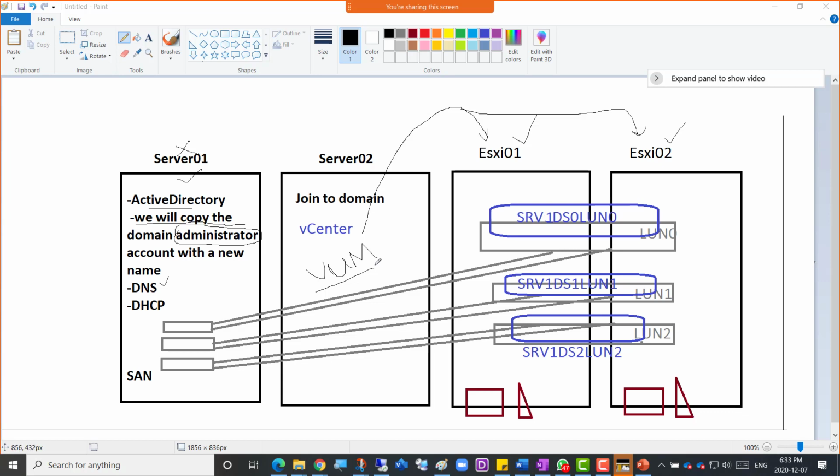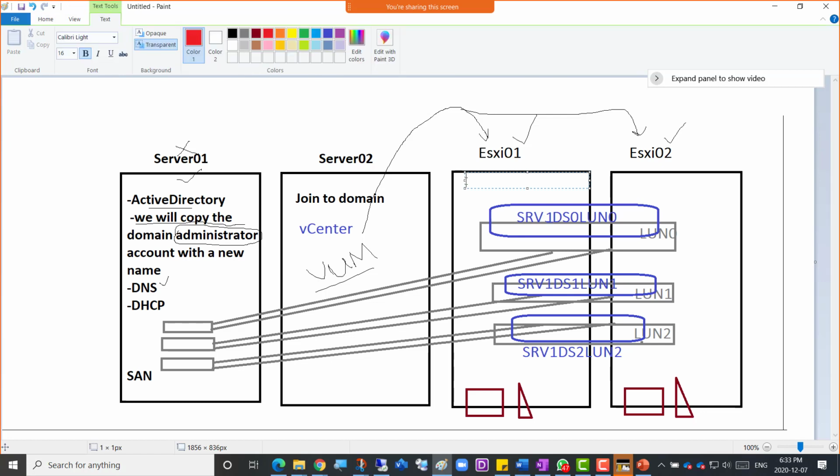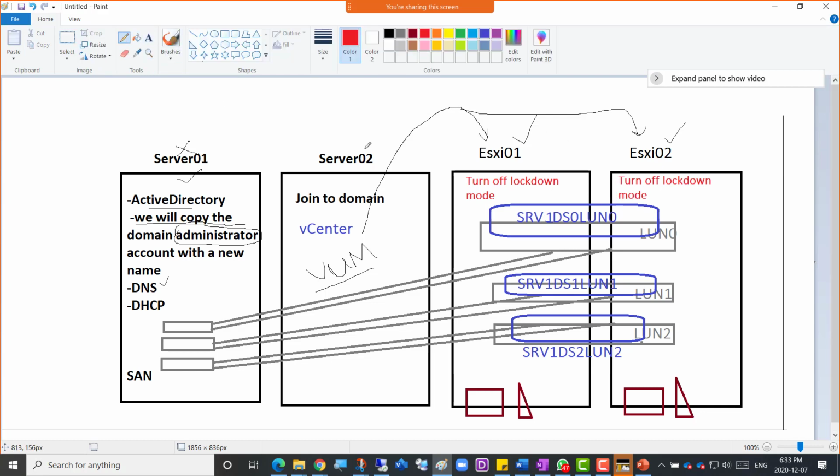And then the next thing is that we have to turn off the lockdown mode, and that is important. It is a security feature. Lockdown mode just means that you cannot connect from the browser directly to the hypervisors. You can only connect through vCenter to the hypervisors.